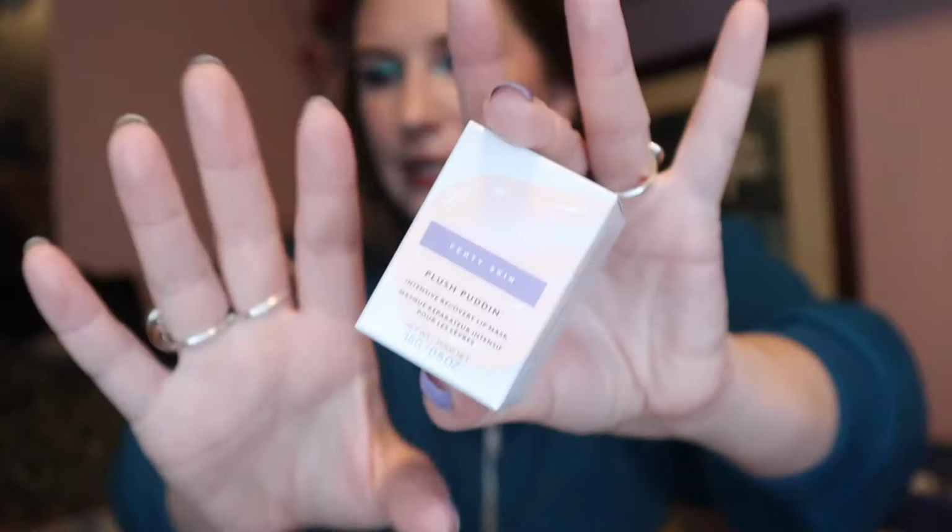I also restocked my Fenty Plush Puddin' Lip Balm. I've been using this as my nighttime lip balm for a couple years now. Here's the one that I currently have in use. The only annoying thing about it is that I can't see when I'm gonna run out of it,